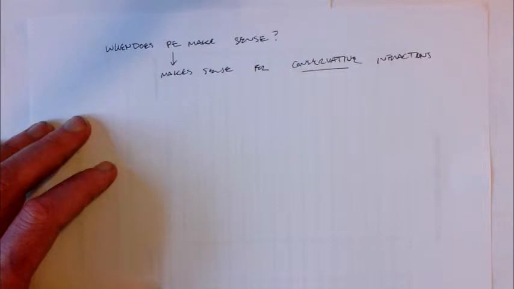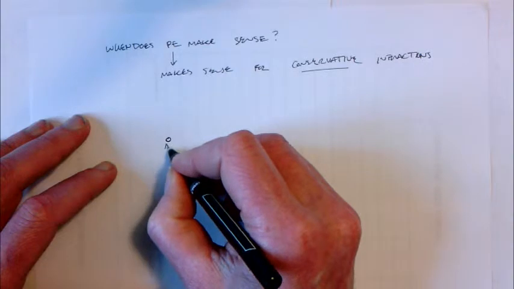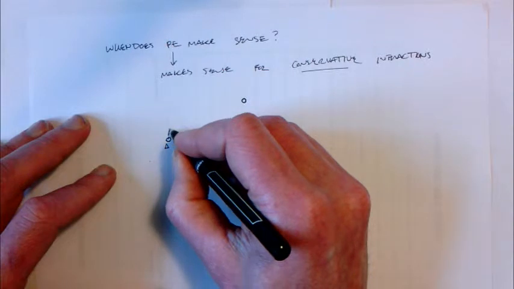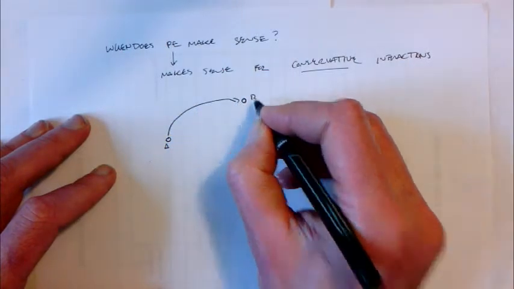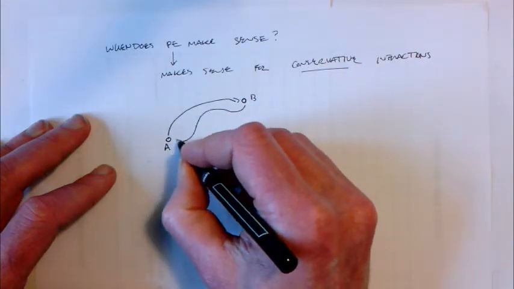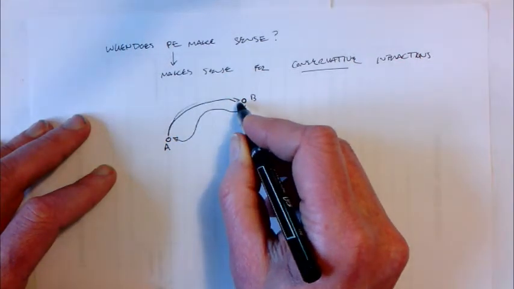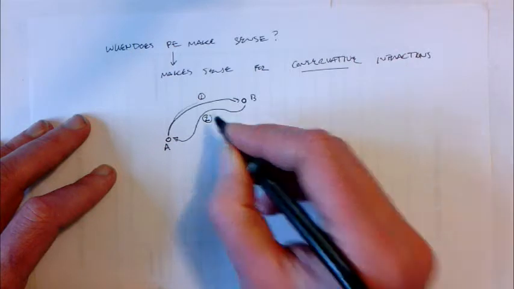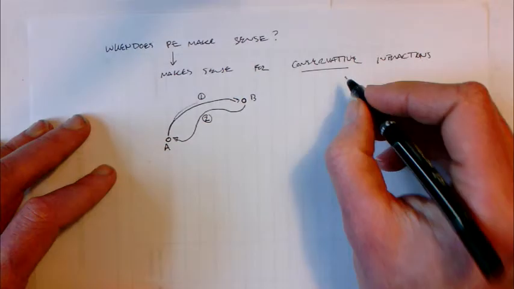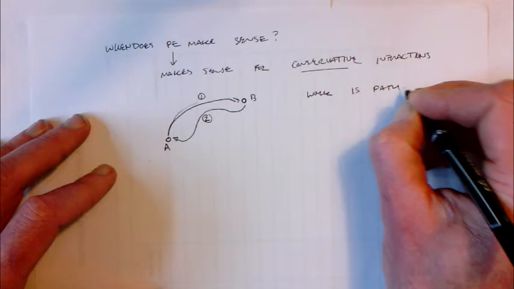What a conservative interaction is, basically, is one where if you think about starting with the object at one location and moving the object to another location, so if I go from point A to point B along some path, and then I go from B back to A along some other path, the amount of work that I have to put in along path 1 is equal to the amount of work I get back along path 2. In other words, a conservative interaction is one where the work is path independent,